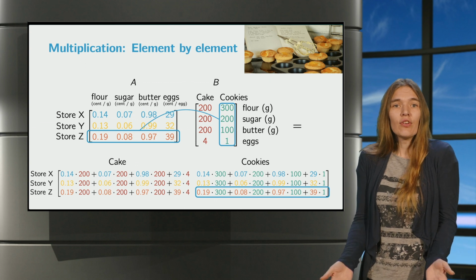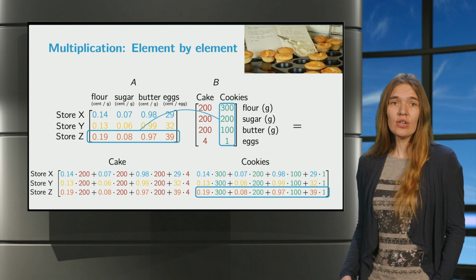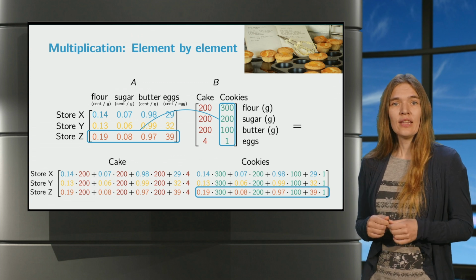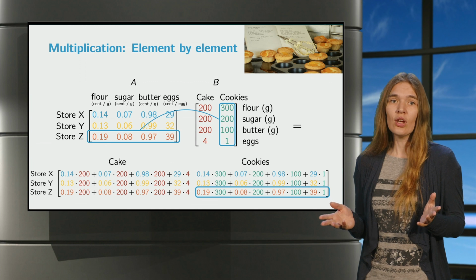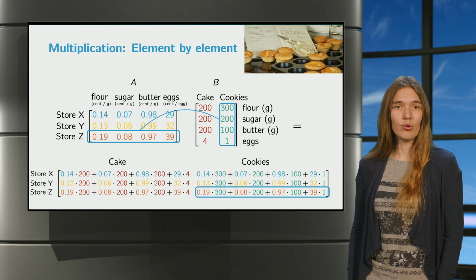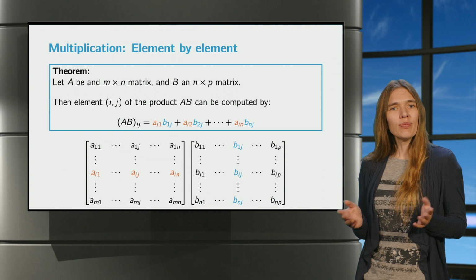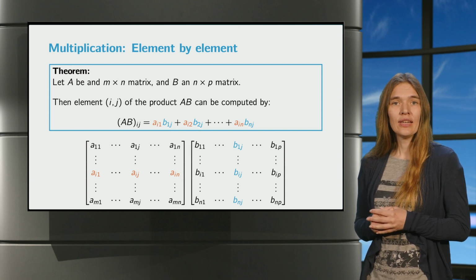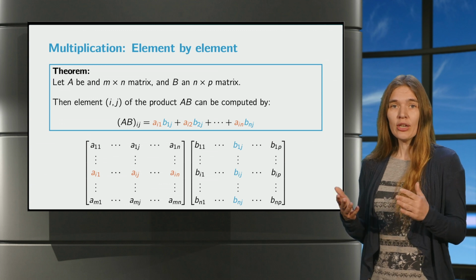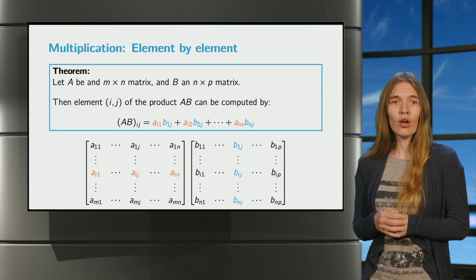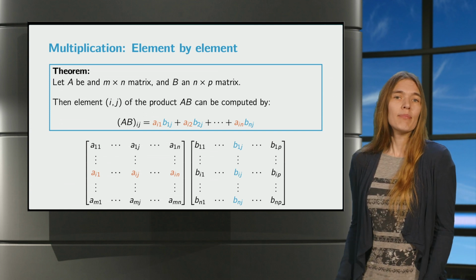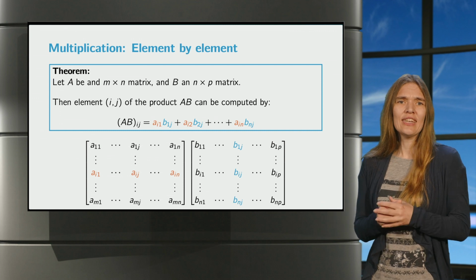Similarly, the other entries of the matrix product list the price of ingredients for a certain baked good, the column, at a certain store, the row. The matrix product performs the computations needed to fill in our new price comparison table. We have just obtained a second way to compute a matrix product, element by element. The entry at location i, j can be computed as the product of row i of A with column j of B. This perspective may be convenient when you are only interested in some particular entries of AB.